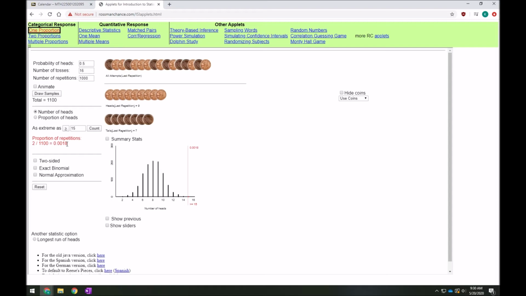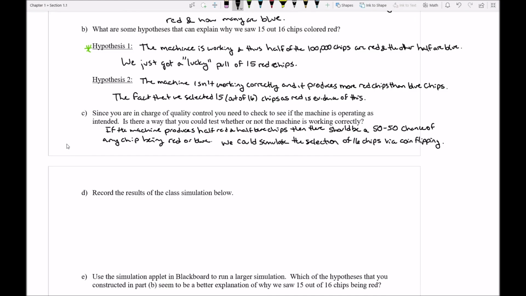Well, this should tell us something. This should tell us exactly how we should feel about hypothesis 1. We were just testing how easy it was to get lucky. Well, let's see what we have here. I'm going to go ahead and say that for our class simulation, we can say that out of 1,100 attempts